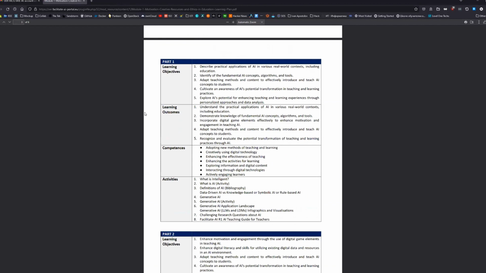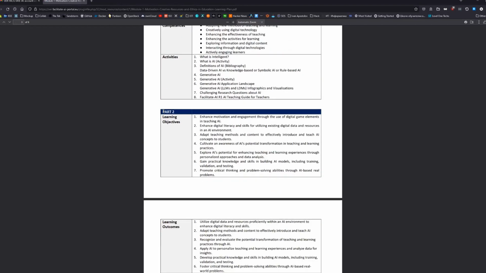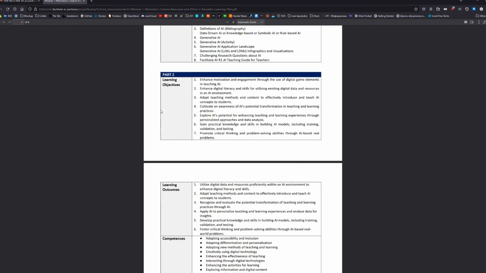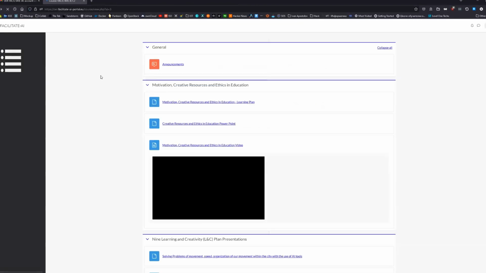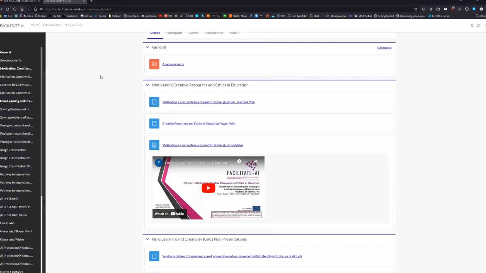Also, we have tables with learning objectives, learning outcomes, competences, activities from the different parts of the learning plan. The learning plans are for teachers that want to create courses or want to engage their students with AI.